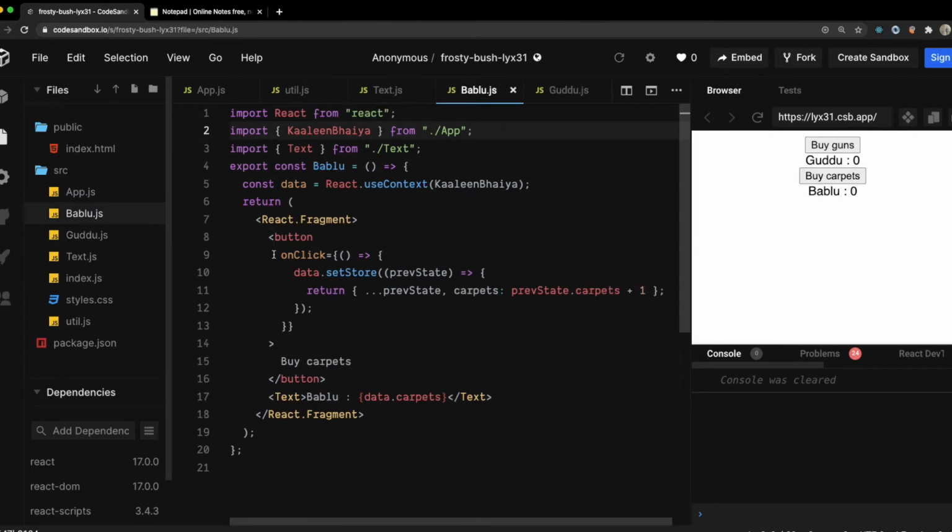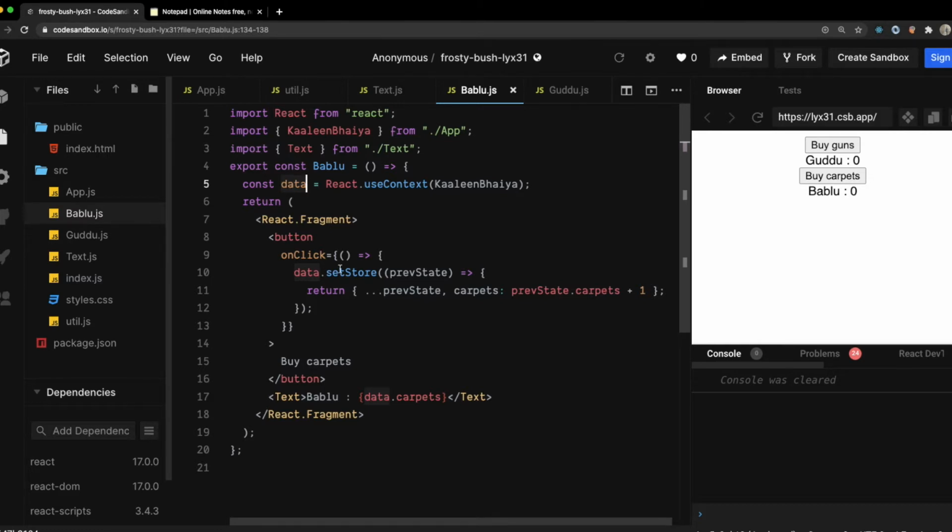This is a button whose onClick I'm going to call. How am I accessing the values provided by the store? React provides the useContext hook. I'm using the context of Kalin Bhaiya to get all the data provided by the provider that was wrapped above me.